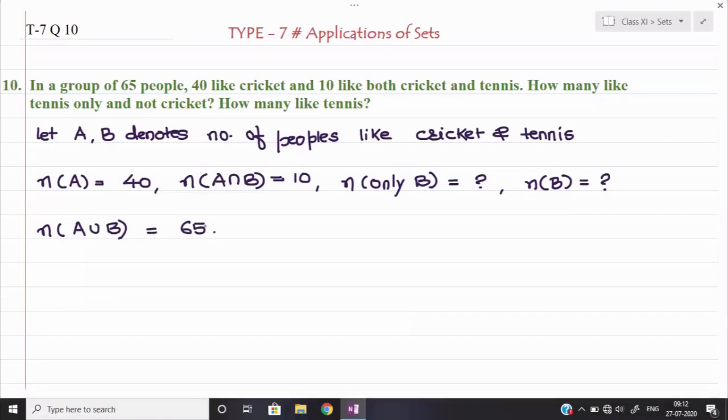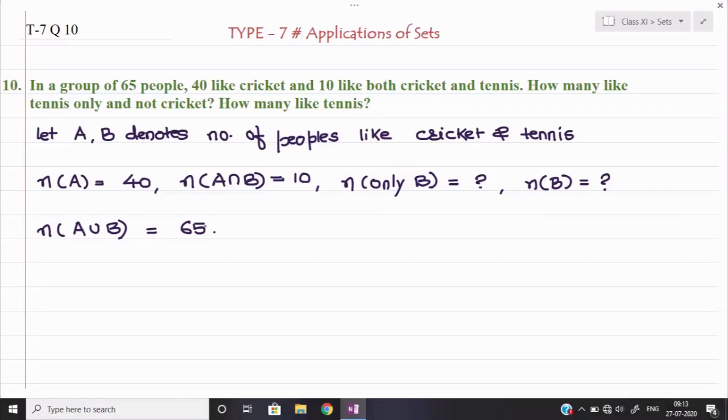So don't be confused while taking the value of A union B or the value of the universal set. In the question, clear indications will be there if some of the persons are not coming in A as well as in B; either they will ask you or they will give you that kind of value. If such values, neither nor, are not given, then you don't take the total value given in the question as the universal set. If the value of neither A nor B is given, or if they ask you, in that case the total persons we have taken as a sample will become the value of n of U. Remember that, then this question will not give you any trouble.